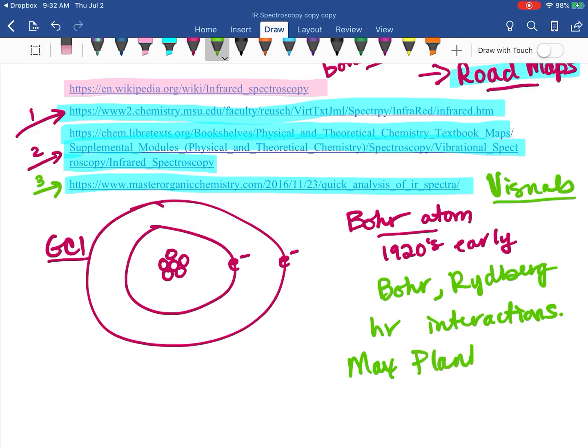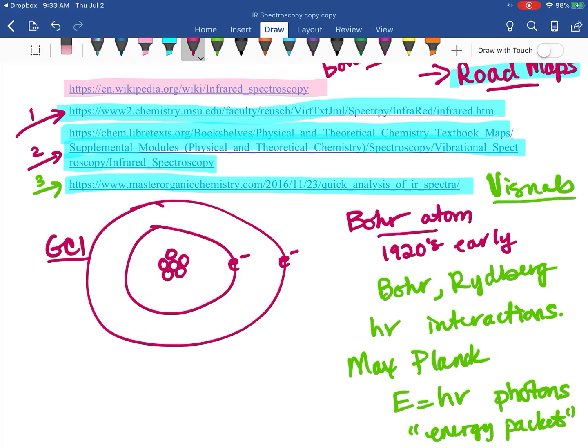Now let's give some credit to Max Planck, and his equation for the energy of light corresponding to frequency, with those photons, or as he called them, his little energy packets. Within light there are photons, those little energy packets, and Einstein used those to explain how light interacts with an actual electron. Then Bohr took that idea to explain what happens to an atom when you shoot light at an atom. So what was explained between all of these guys, in the 19-teens to 1920s,